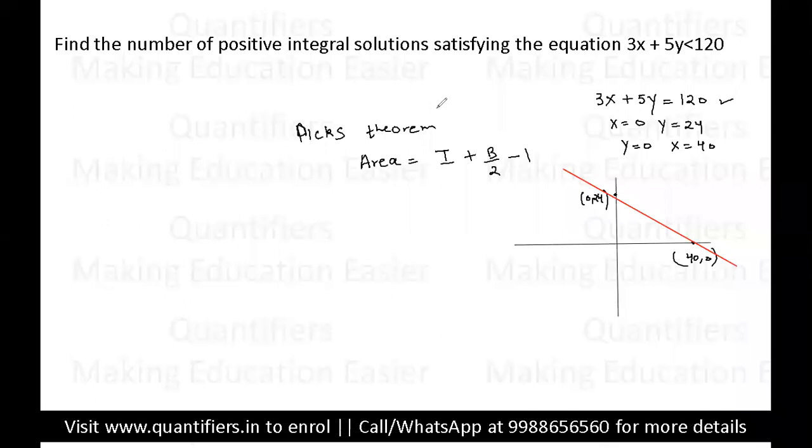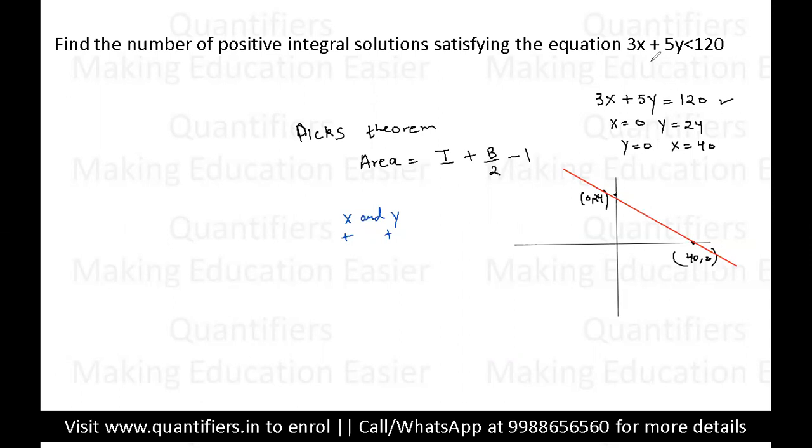Now students, you can see the most important point is that we are looking for positive integer values. तो x और y जो है वो positive होने चाहिए. X and y, both of them are positive and they are integers. So basically, what can we say from here? This means that these points x and y will be lying in the first quadrant, because first quadrant ही वो है जहां पर x और y positive होंगे.